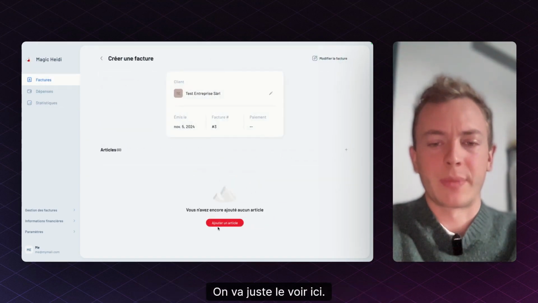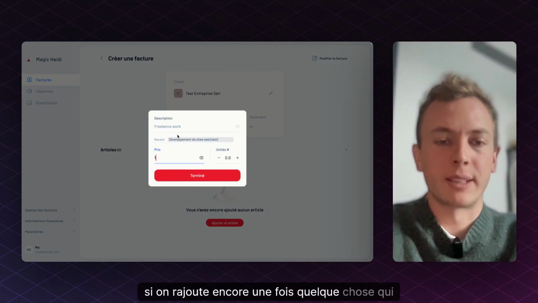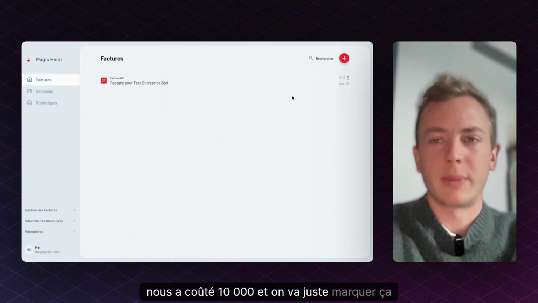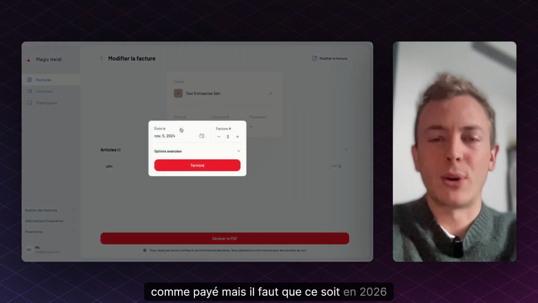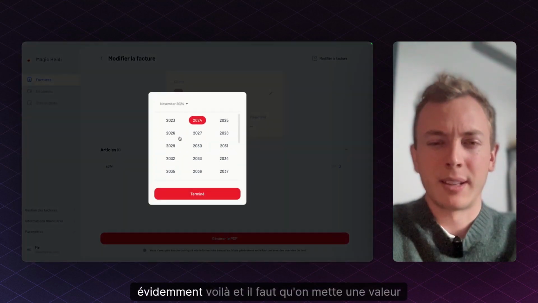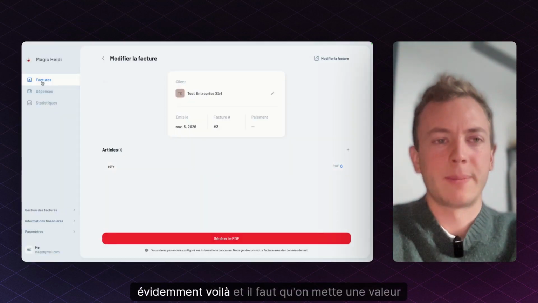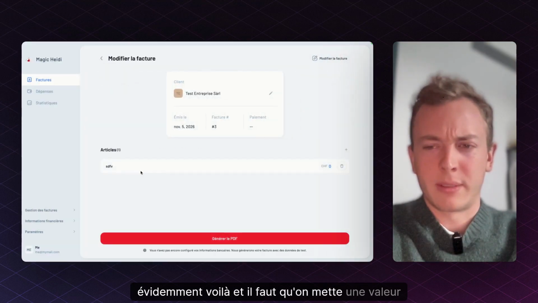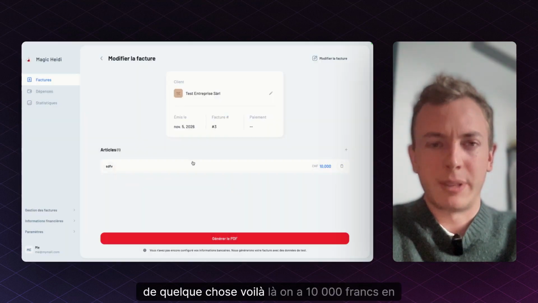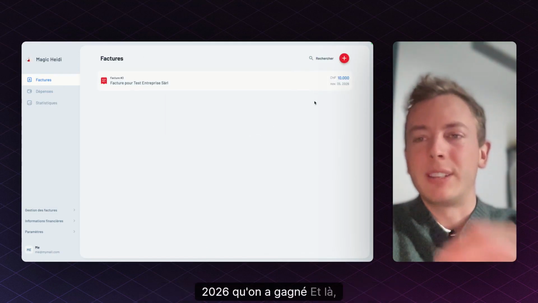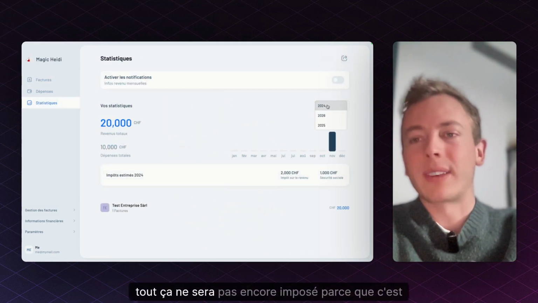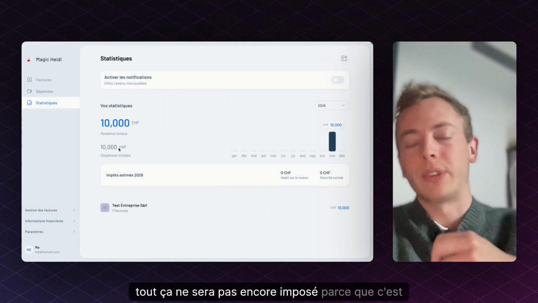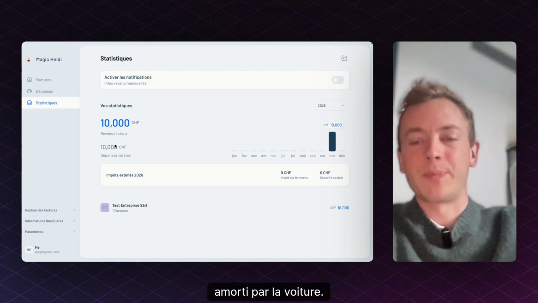Now, if we add something else that cost us 10,000 euros, we'll just mark it as paid, but it obviously has to be in 2026. And we need to assign a value of something worth 10,000. There you go. So we said that all of this won't be taxed yet because it's amortized by the car, and basically, thanks to depreciation, we'll be able to